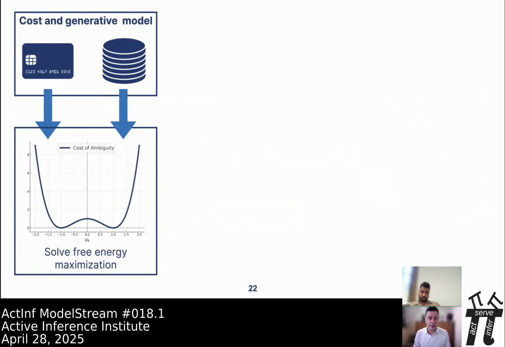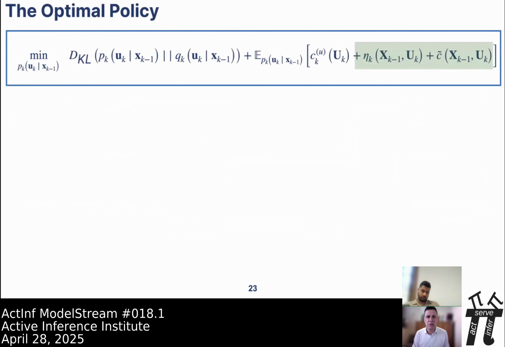Now, this might seem, oh, sorry, I forgot. So what is the engine actually doing? Taking the generative model, it is computing a cost of ambiguity, which sometimes has this double-well shaped potential here. This cost of ambiguity means that at -1 and 1, the ambiguity is very low, or at least it is lower than other parts. For example, towards the sides of this diagram, the ambiguity is much larger. So the cost is much, much larger. So what does our model do? It computes this cost of ambiguity and will output the policy. And the policy comes from minimizing this cost functional here.